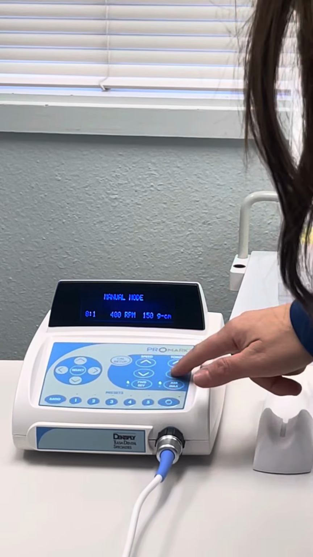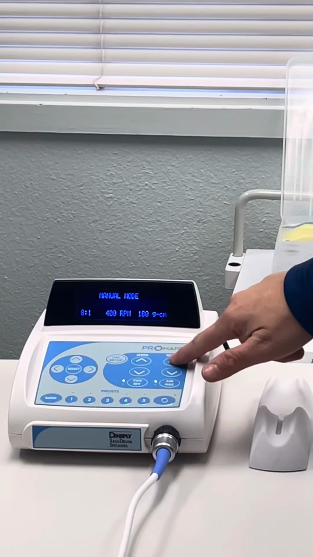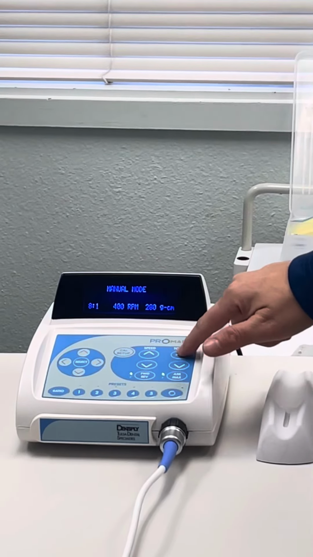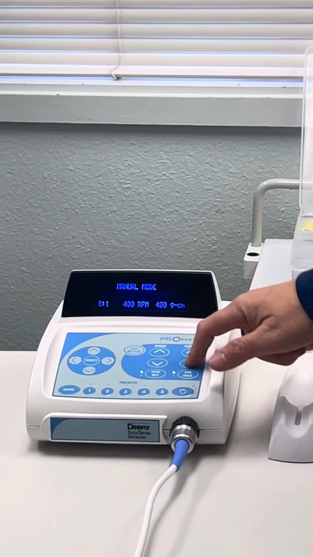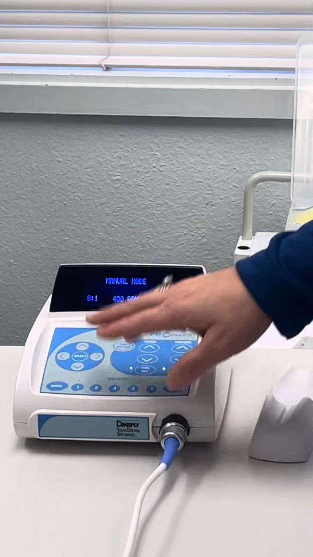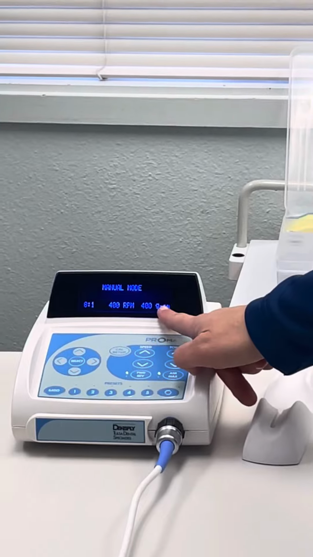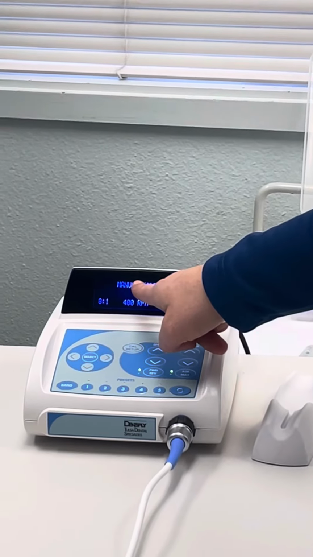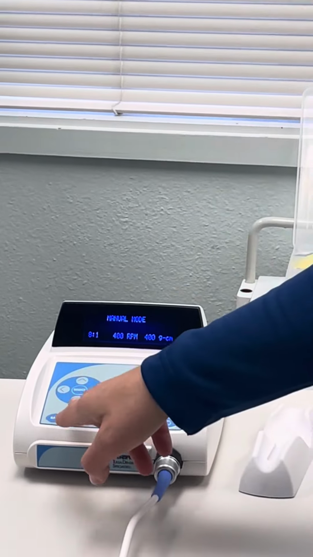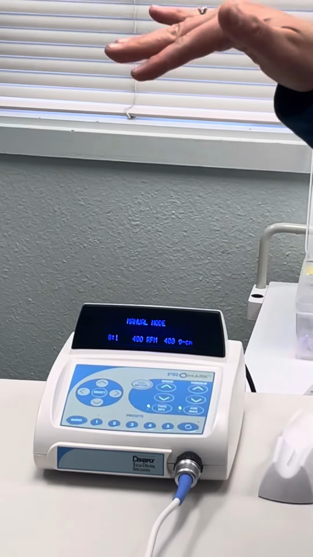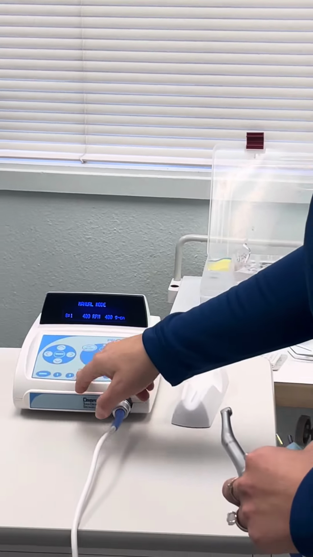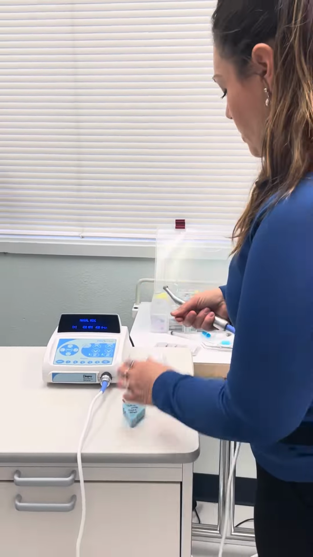And this is how you can do manual on anything. Let's say doctor is like, oh, this is what I want to use for this, then you can just give him whatever he wants this way. I suggest that we go ahead and preset 1 to 400, 400 for your Orifice opener and label it Orifice opener. So that way doctor goes, my first step, my second step, done, right? Easy. So Orifice opener,